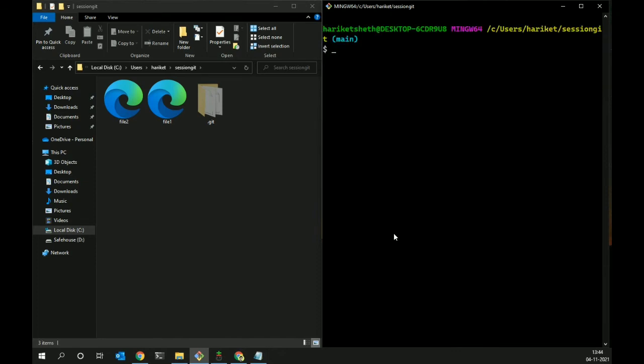Okay, so now what is the command which you should use to unstage? Basically, I want to stage only file one. I did both of them. So you can use this command of git rm --cached, and you can specify the file name which you want to unstage. Let me take it as file2.html, and I only wanted to stage file one.